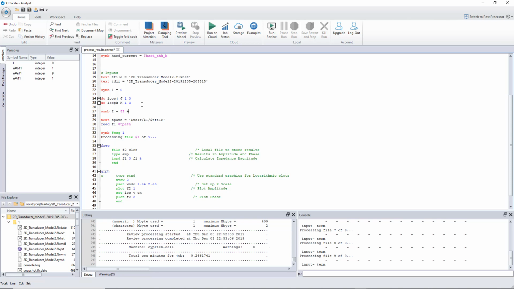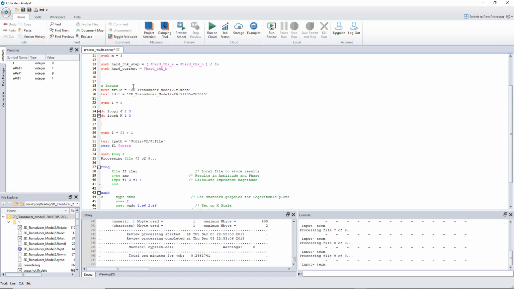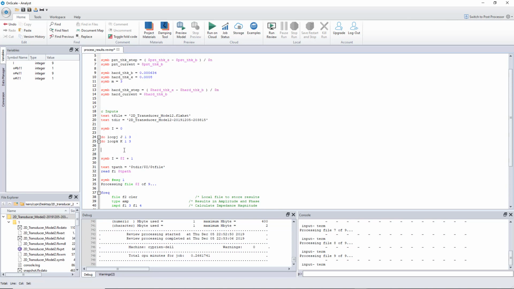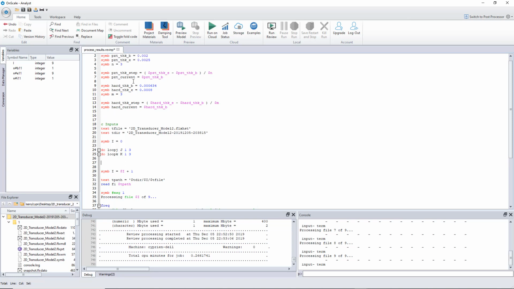So at each step, it will be incremented, so I'm getting the full value of the loop. And now that I have those 2 values, J and K, I can use that to calculate the value of this at each step of the loop. So my current value of PZT at each step of the loop will be equal to